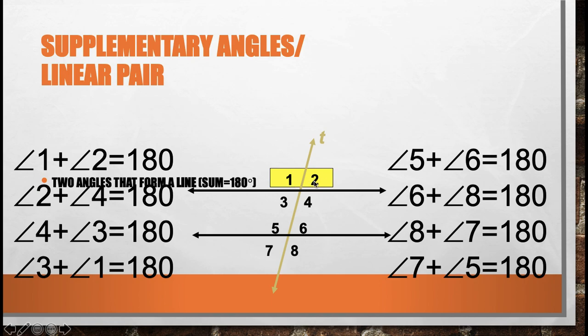In the first part of the video I spoke to you about angles on a straight line. Remember, what is the sum of the angles? Angles on a straight line add up to 180 degree. So these two angles are supplementary. Likewise, angle 6 plus angle 8 is 180. Angle 8 plus angle 7 is 180. Angle 5 plus angle 7 is 180. Angle 3 plus 1 is 180. Angle 3 plus 4 is 180. So these are the different pairs of linear pairs or supplementary angles. We spoke about linear pairs in the previous class also. The sum of the linear pairs is 180 degree.